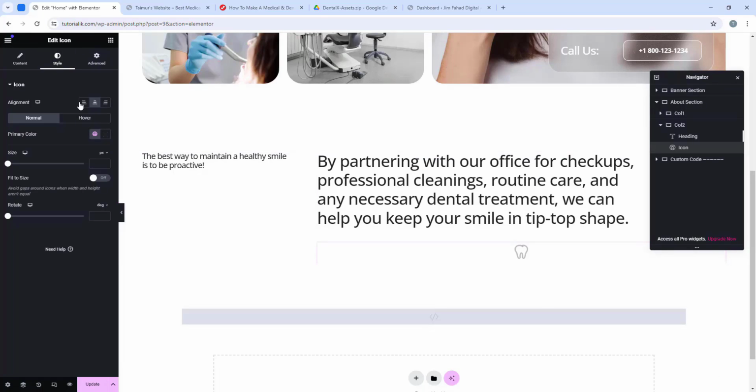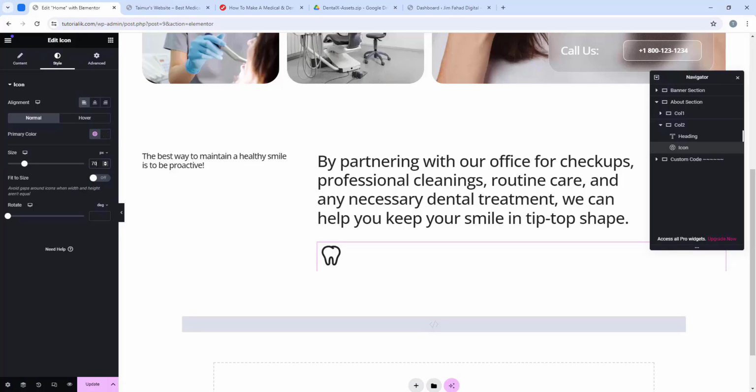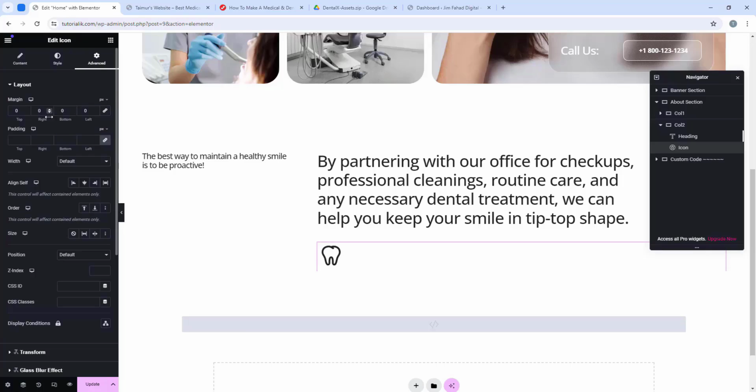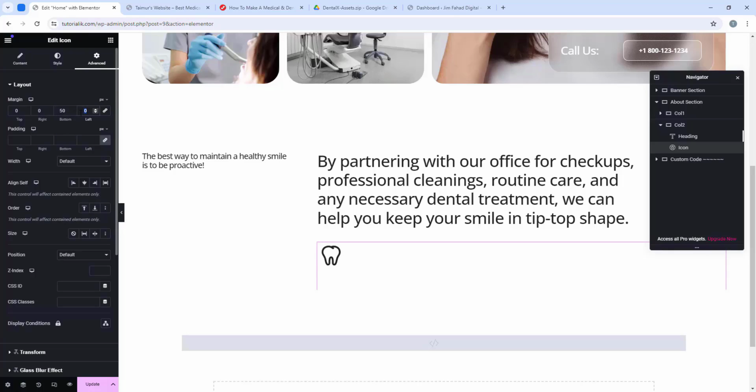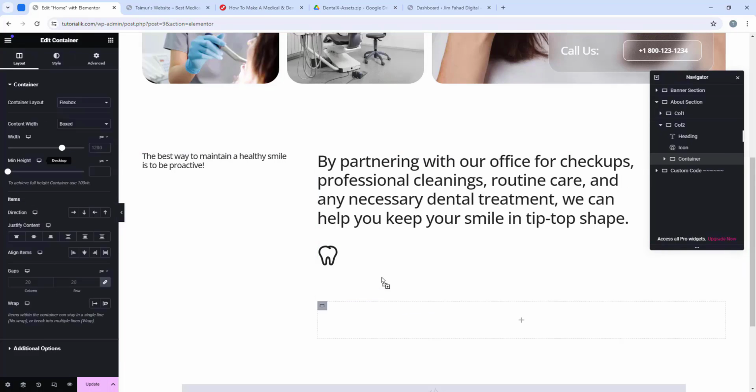Then under the Style tab, I'm gonna align the icon to the left. Then in the color, it's already primary. Then I'm gonna make the size of it 70 pixel. Then under the Advanced tab, I'm gonna add 50 pixel on the bottom and -8 pixel on the left. So using minus because initially it was like this before, and I'm using negative margin 8 to pull this toward the left side to nicely align this icon with the text. Okay, then after this icon I'm gonna add a container,